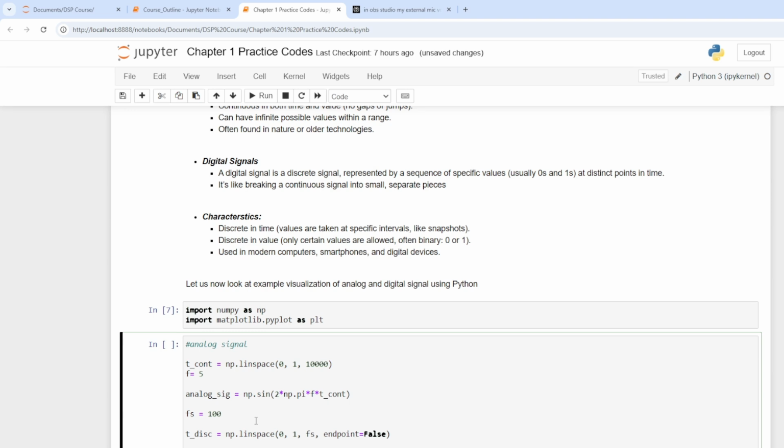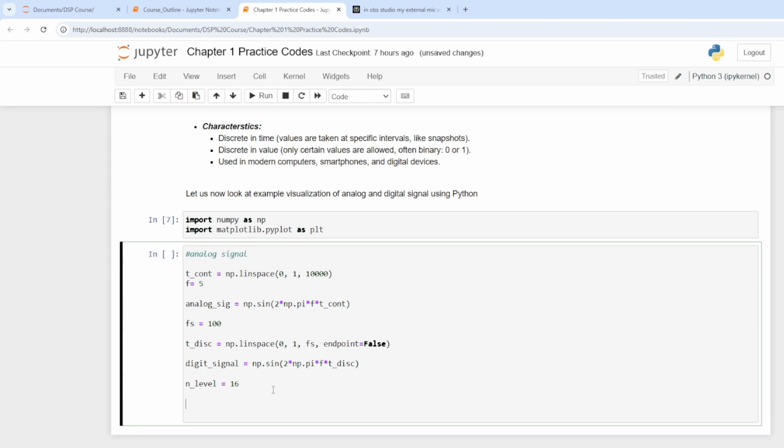But we want to look at these signals with their digital levels or quantization levels. So let's define quantization levels as 16. We'll define quantization and sampling in detail, but for the sake of representing these signals in continuous and discrete form, we talk about the discretization or quantization here. So now we'll have a quantized signal after choosing 16 levels, which would be 4-bit quantization. So our sampled signal will have 16 different amplitudes between 0 and 15, which will represent some sort of level or the amplitude in the signal.